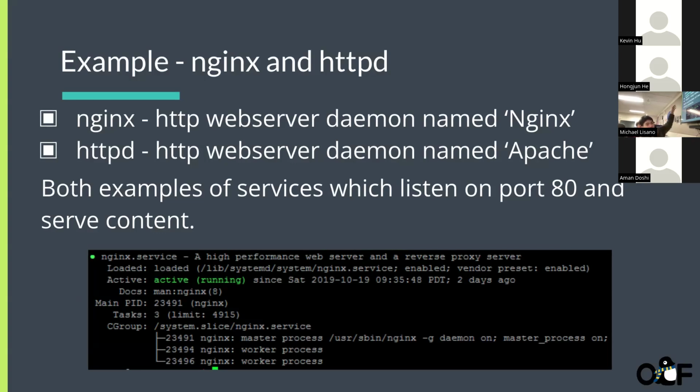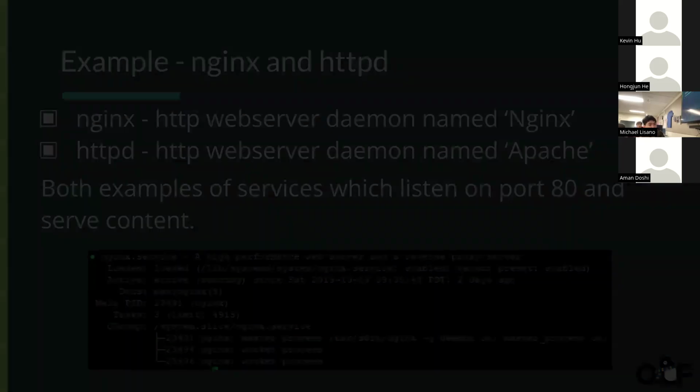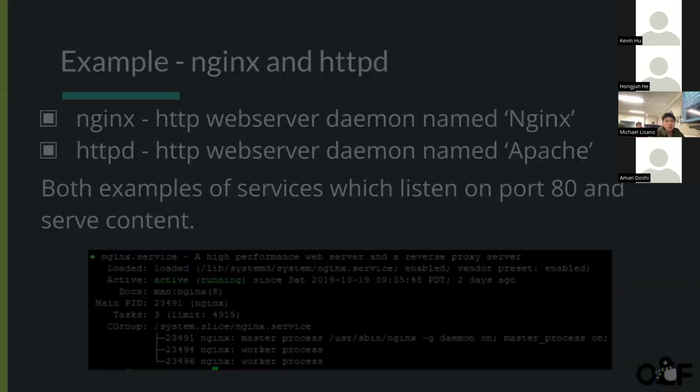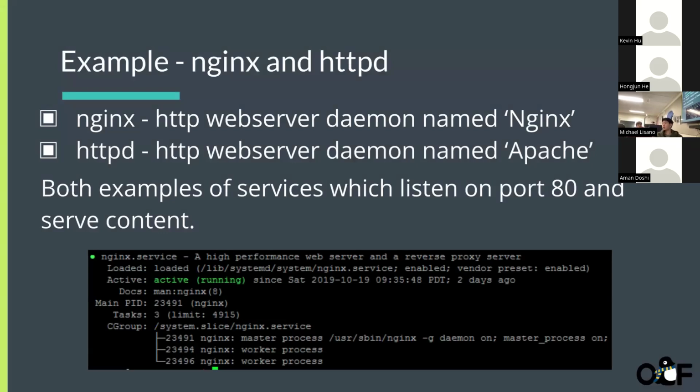One is Nginx and one is HTTPD. They pretty much do the same thing. Probably you don't want both of them running at the same time. Yeah, you definitely don't want both of them running at the same time. I don't know why they have this here. Is there anything if I scroll down? No. Yeah, this is essentially just saying don't run both services if they do the same thing.